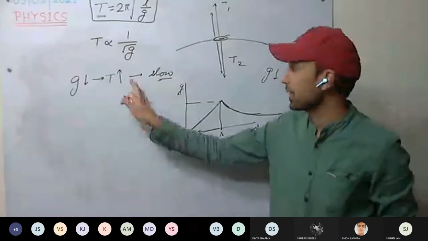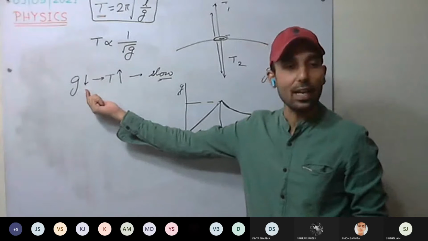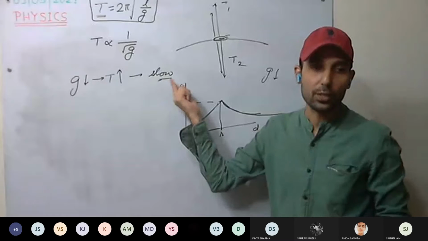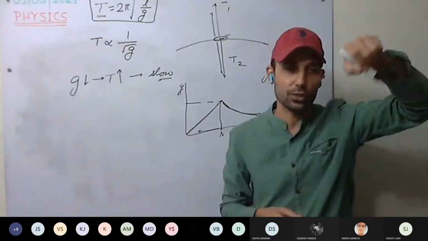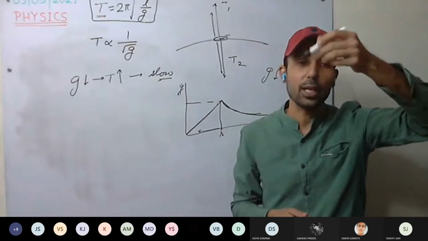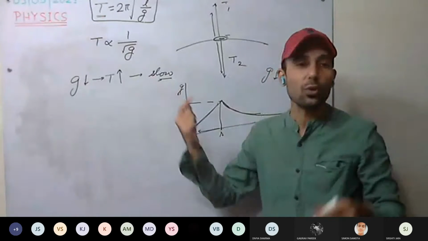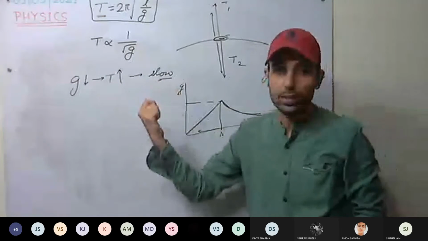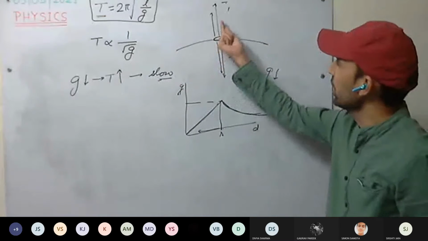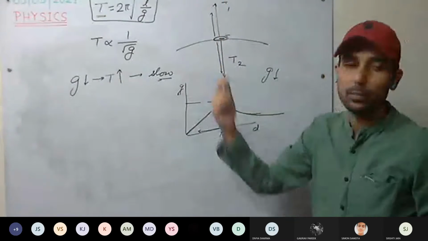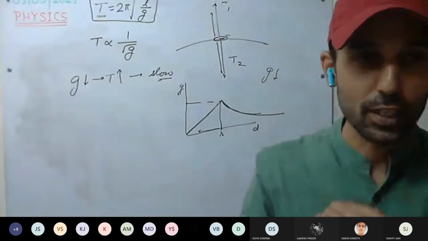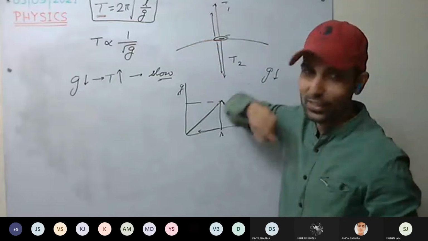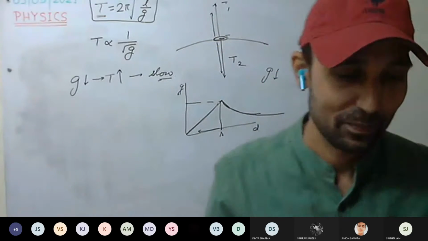So as acceleration due to gravity decreases, time period increases, and the clock will become slow because it is going to take more time to complete one oscillation. Time period has increased, so the clock will appear very slow. Understood this one? Whether you take the clock up in the air or deep inside the earth, it will become slow. So it's good advice: when you take the examination, take the pendulum clock, go up in the air or deep inside the earth. You will have more time to complete the paper.